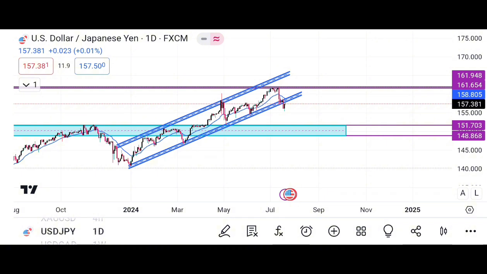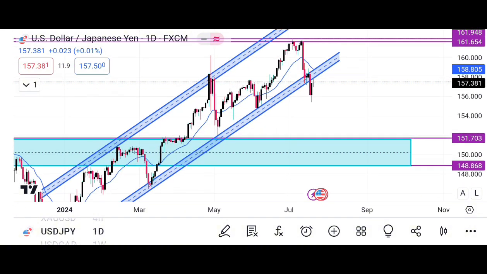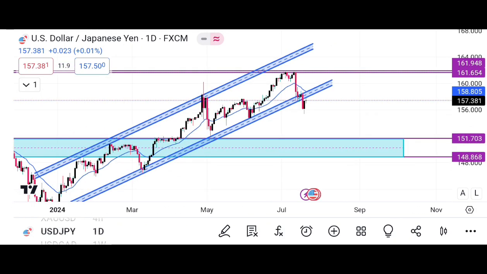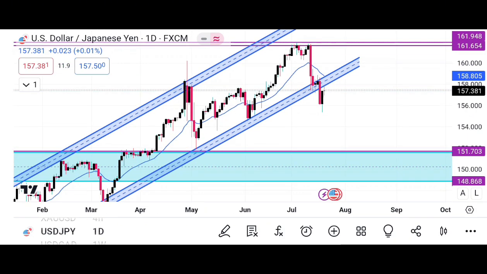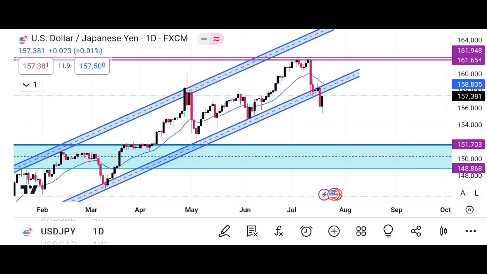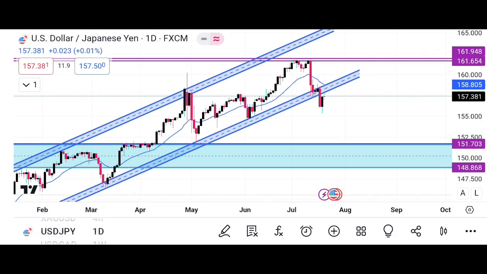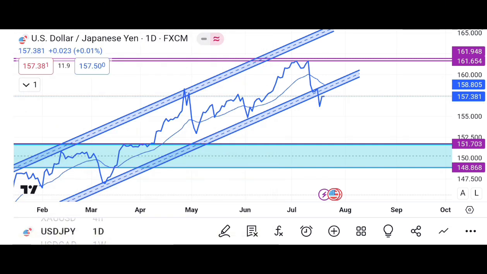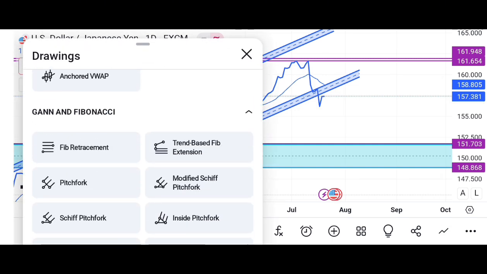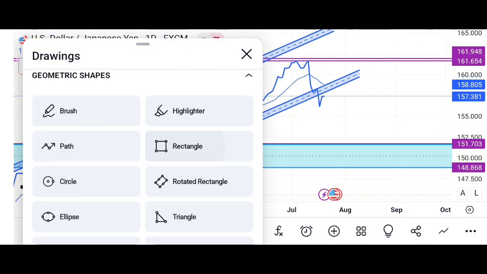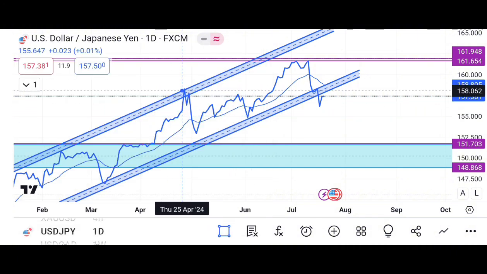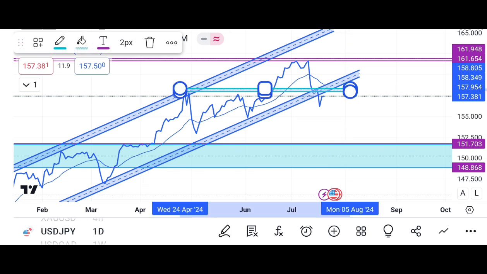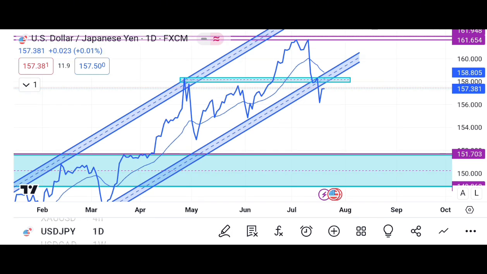Not many people use these lines. Not many people are using the way I'm using price action, because most of them have shifted to smart money concepts and ICT, all those things. I'm not saying something is wrong with those things, but I'm going to be sticking to what I know and improving on learning how to read the market, as the market changes every day. The market changes. The market doesn't stay the same. The market changes. So yeah,